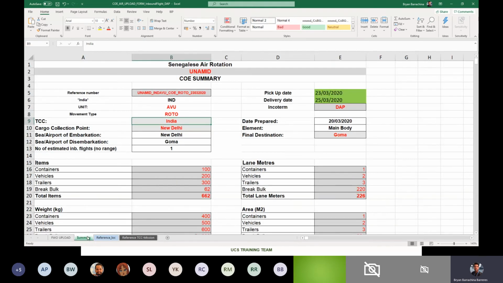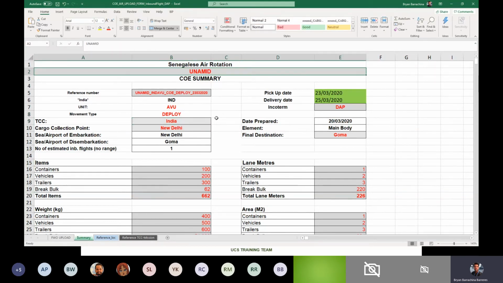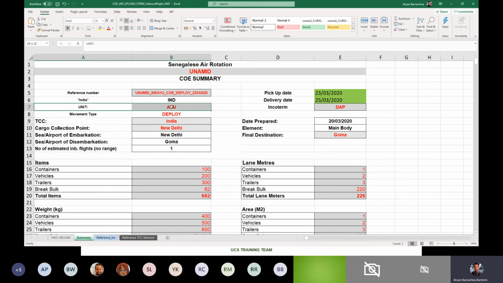So let's go back to our summary tab. Let's keep it under deploy. Okay, we're going to keep UNAMID here. And now let's see what other fields will directly have an impact there. So the unit will not make any changes to the forwarding order upload tab or any other tab here, but the movement type will. The troops contributing country, we can keep it here with India,